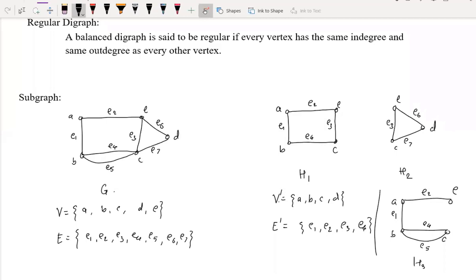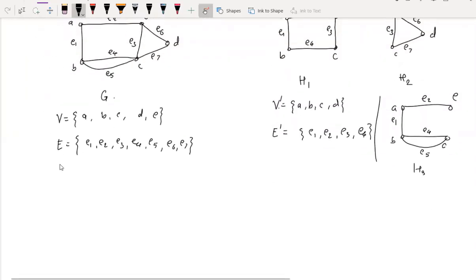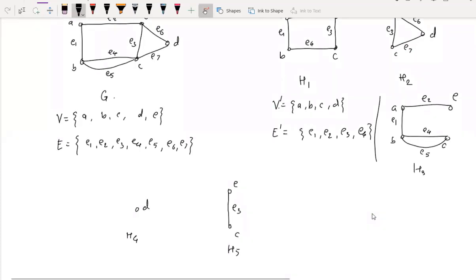It is not necessary how many vertices you take, or that you must take only so many vertices, nothing like that is necessary. Suppose if I take here the vertex D only, okay, so this is also a subgraph of this graph G. Okay, D is also a vertex. Okay, suppose if I take E and C and their edge E3, this is also a subgraph. Okay, ये भी एक सबग्राफ हुआ. समझ में आया?